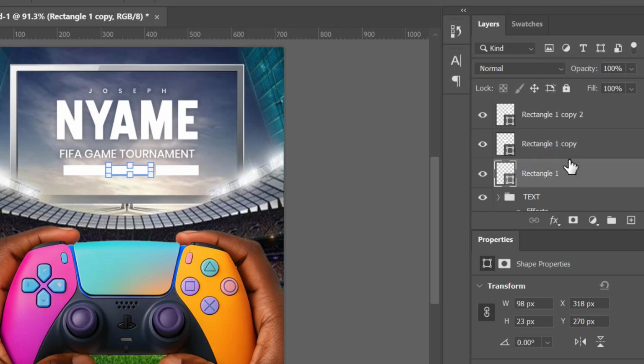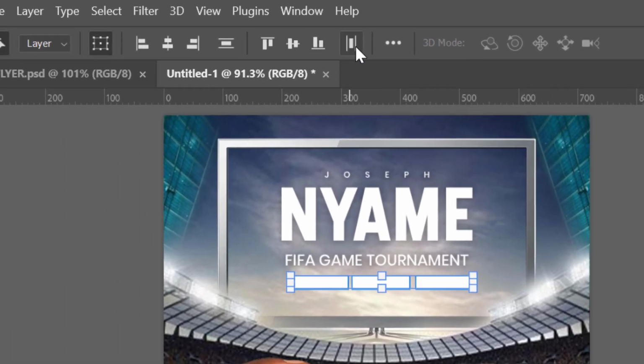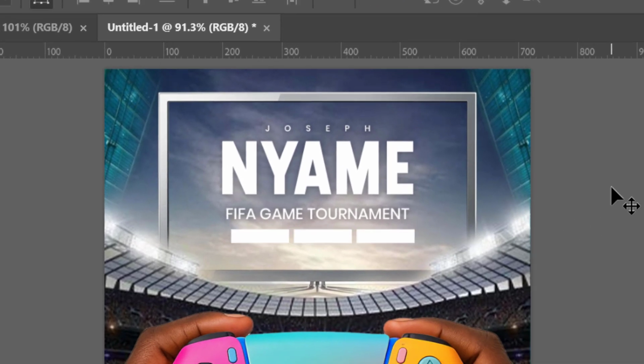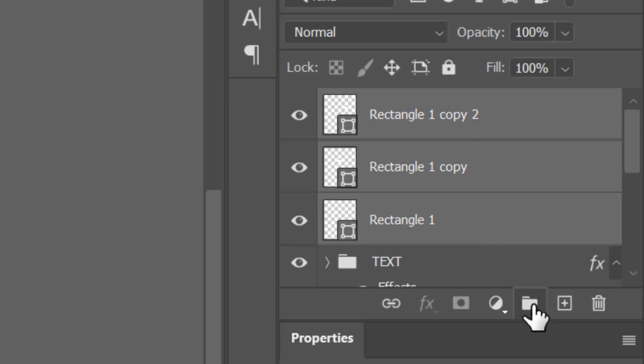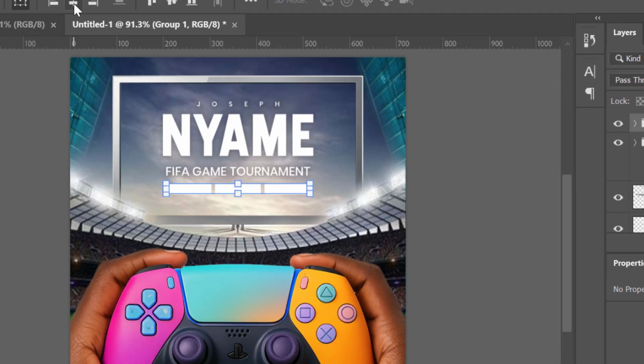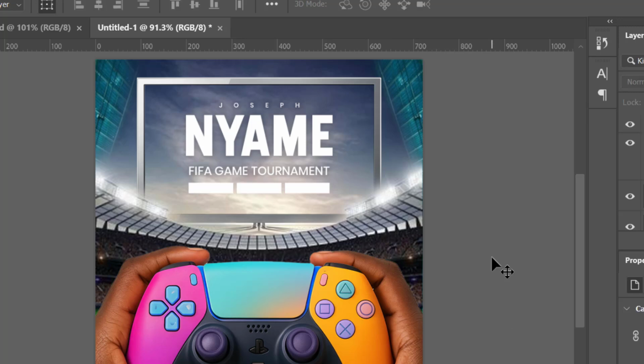Now I will select all of them holding shift and select this, so that I will give them an even distribution horizontally. All right, I hope you understand. Now I will group all of them like this and make sure they are at the center. Now what I want to do is put a date on these